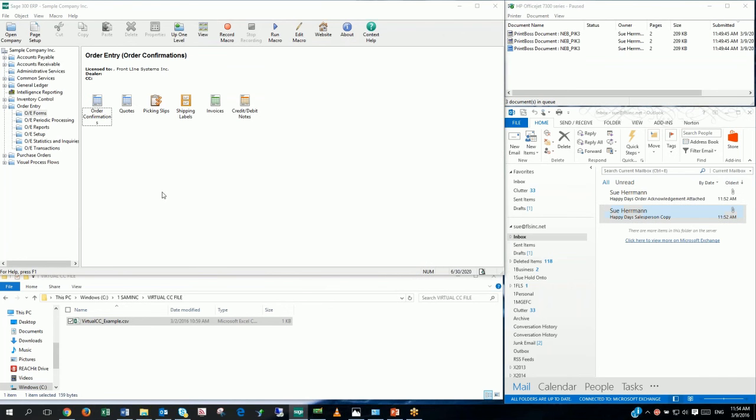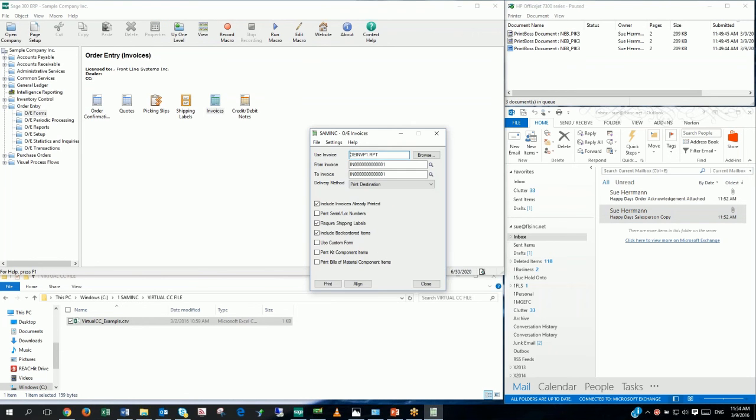But if that still is a little ho-hum to you, let me jump into my next case study, which will be pretty quick here. We're going to go into an invoice. I have a customer. Now, in this case, I did not protect the customer's name and information. They gave me permission to use them in this instance, and the reason is that I want to show you what we did with their email body, including all of their logos and their cool graphics. And so the company is called Nortech. They are a computer company. They sell computer hardware. And if I go ahead and print their invoice from OE Forms,